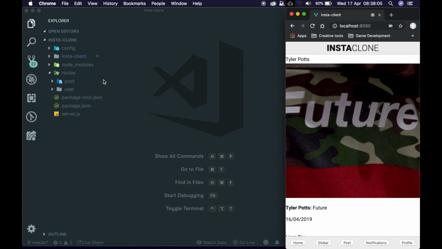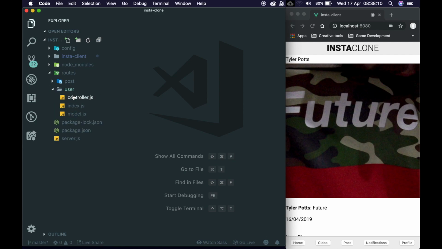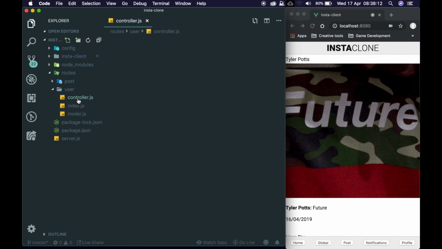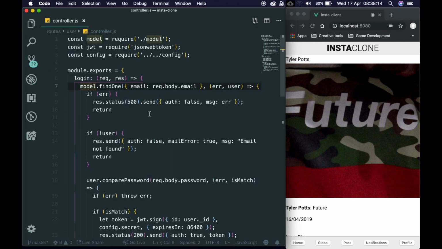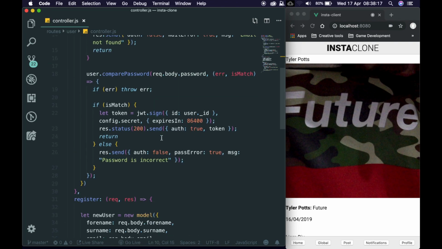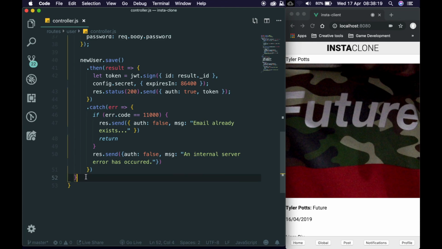So let's start off in the actual Node service. Under user, we need to open up our controller and create a new method in here. We're going to say get details or get profile, and this is going to be equal to a standard arrow function. And there we go. Now we need to say let userID, and we're going to set that equal to